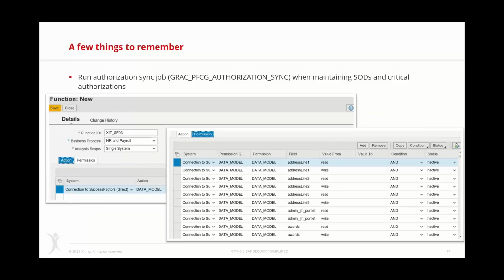Another thing that might be a little bit odd to say, but very often gets forgotten: when I talk about that, people say, oh, the synchronization job for the authorization sync is called PFCG authorization sync, so why should I run it against SuccessFactors? There's no PFCG in SuccessFactors. It doesn't matter. We still want to run this job,